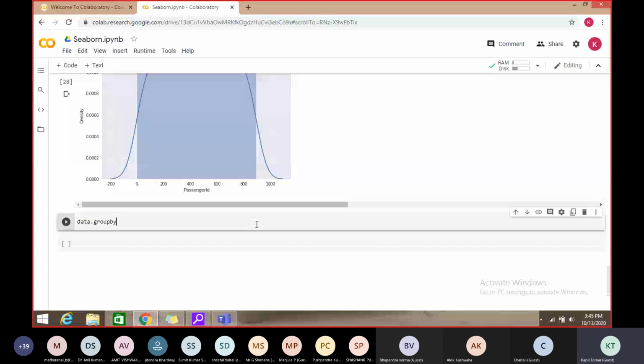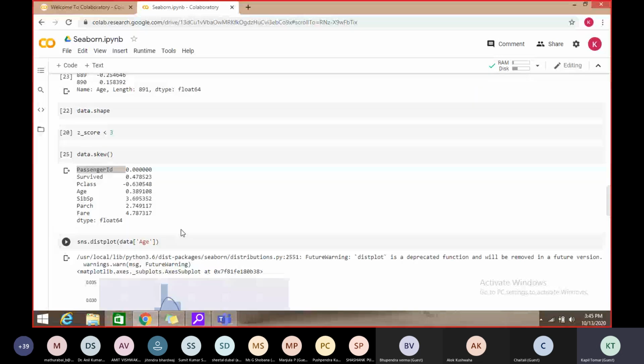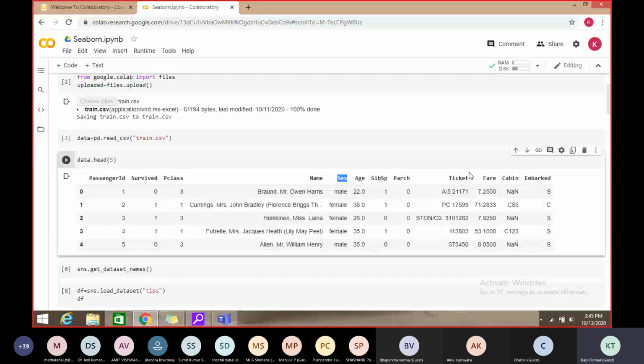It can behave like a join, as we used to do in a database. So group by, and in which columns we want to call this method, we will just go to the data, and suppose we want these two columns. First is sex and the second is ticket, right?